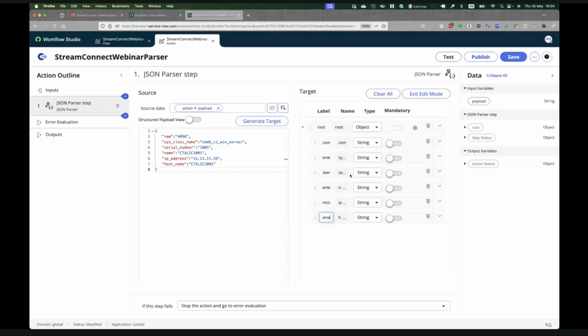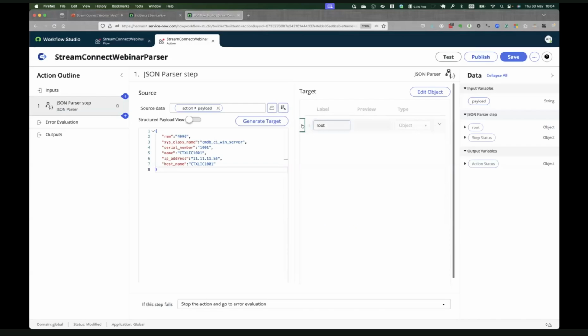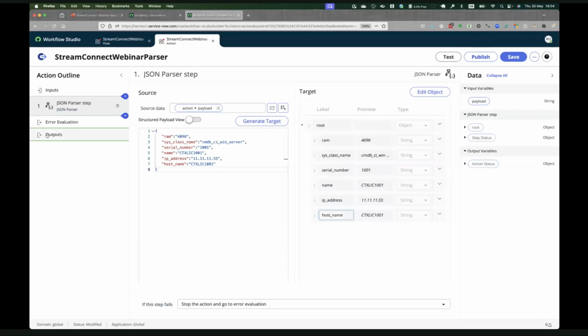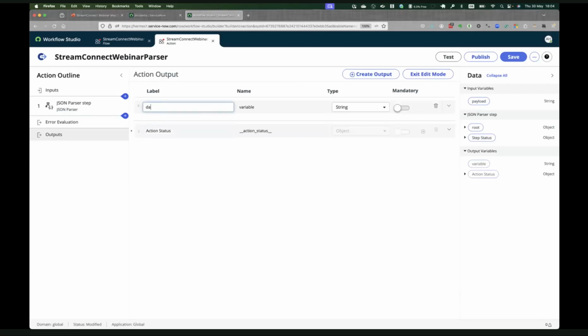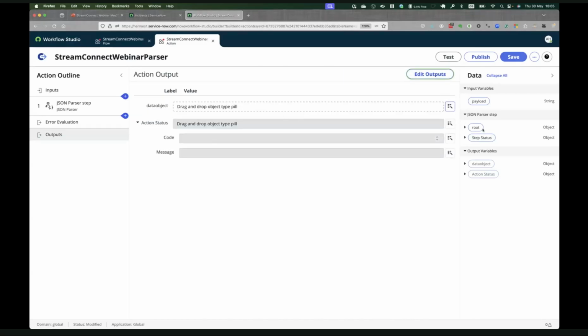Right? I think that's, oh yeah, and I need to create an output as well then, right? So we now have our structure. Things will be parsed from this text into an object. I need to set my output as an object as well. I'm going to call it data object. And I know it's going to be an object. There we go. Okay, so we have an object. I can now drag my JSON parser root object there into